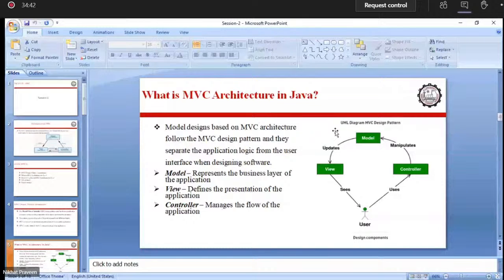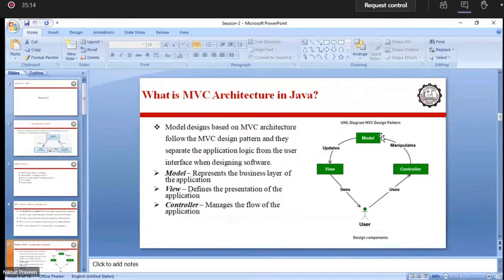You can check it in the UML diagram I gave in the last class. When the user requests any sort of query, this request is taken into the controller side, and the controller is going to handle the request flow and then send it to the model. The model is responsible to handle all the data logic, like all the updates and modifications related to the data